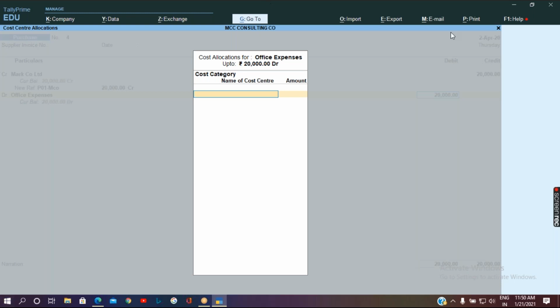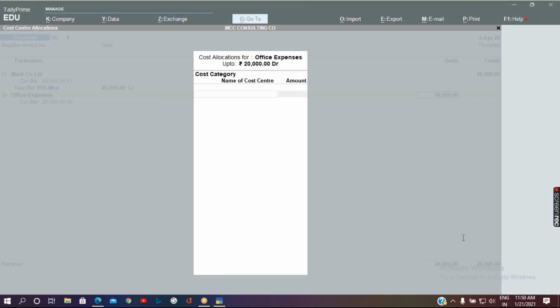So whether you pass the entry in accounting invoice or item invoice, please make a note of this: the cost center allocation screen will not be available in the invoice mode, but appears in voucher mode while passing purchase transactions.